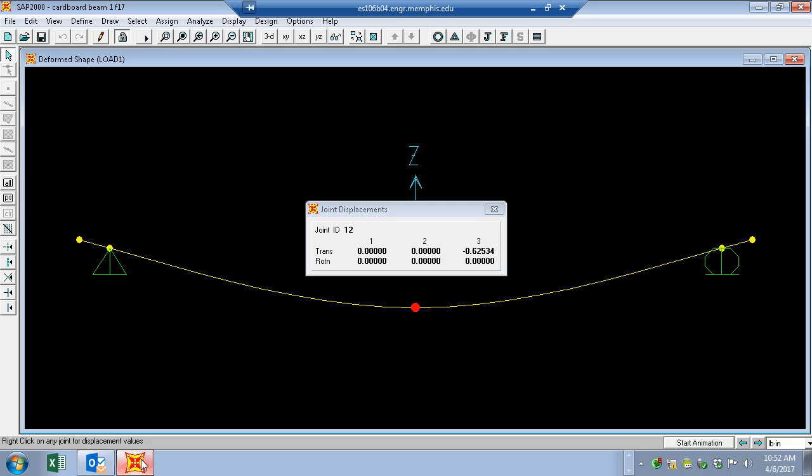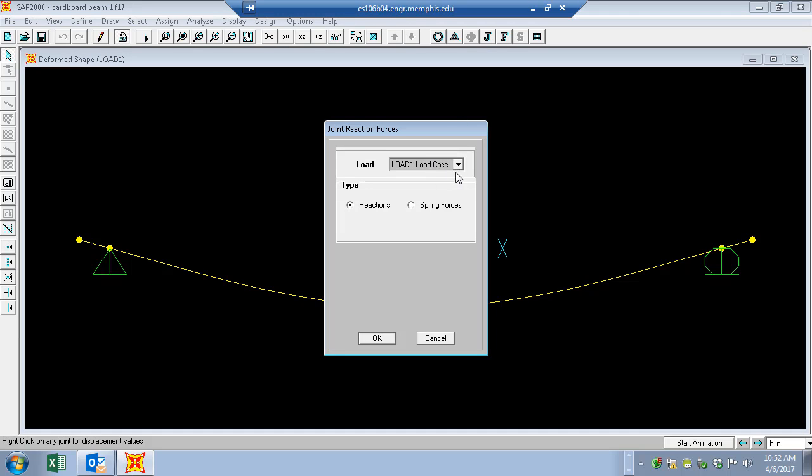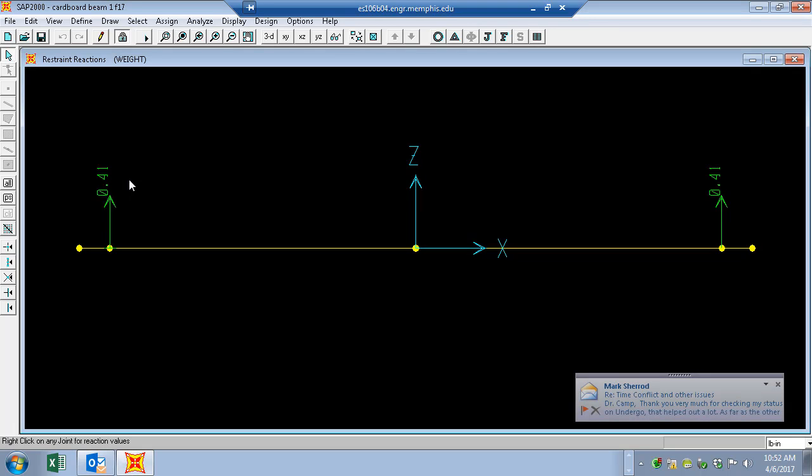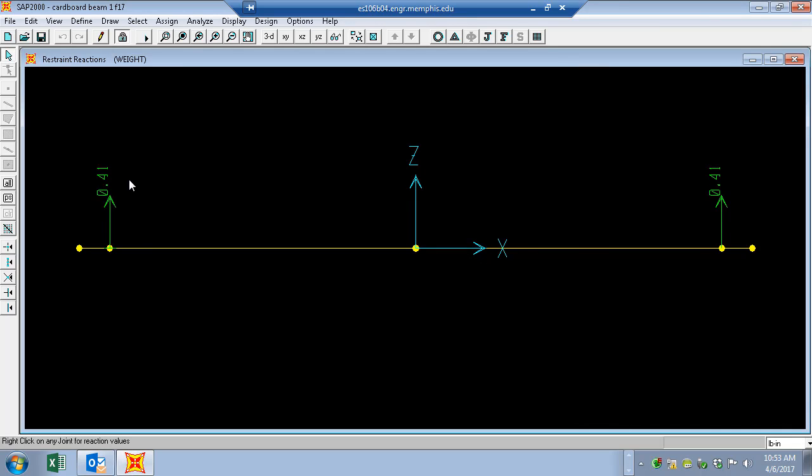So let's go get our beam weight. How do I get my beam weight? Well, if you go look at the output, let's go to the joint forces, J, for a load case weight. A load case weight has no applied load, it just has the self weight. So if I look at the two reaction forces here, that tells me the weight of the beam. So it's 0.41 plus 0.41, so the beam weight would be 0.82. You guys see that? So now I can come back over here, and I now know my beam weight is 0.82 pounds